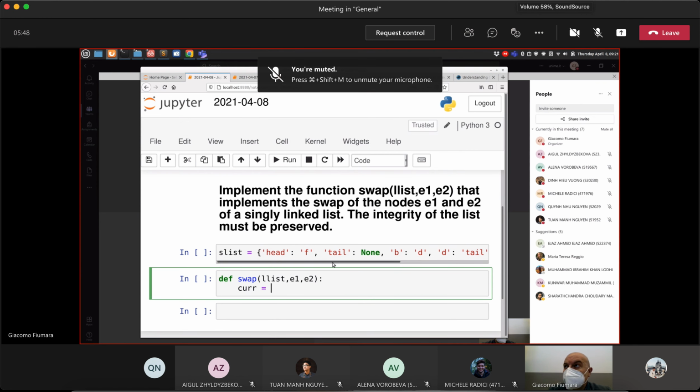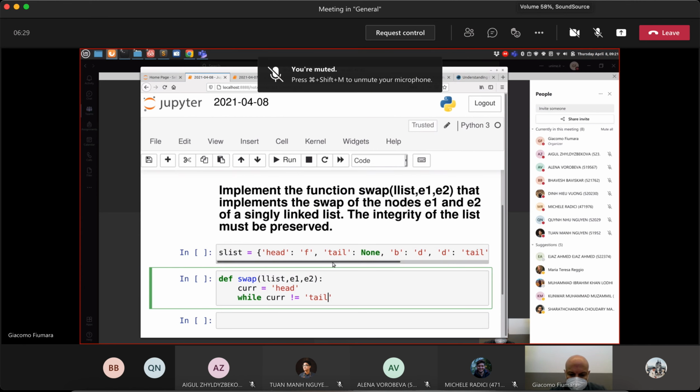How to do this? We first need to traverse our list, searching for our elements. So while current different from tail,